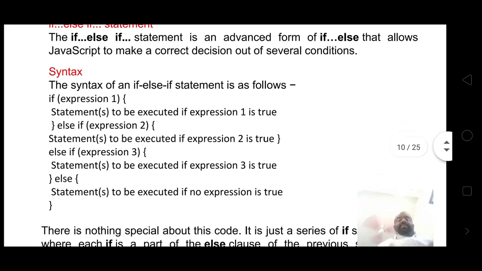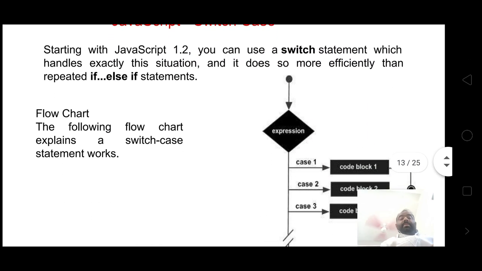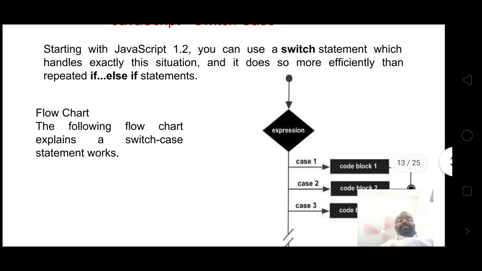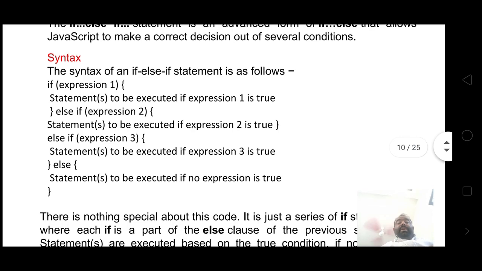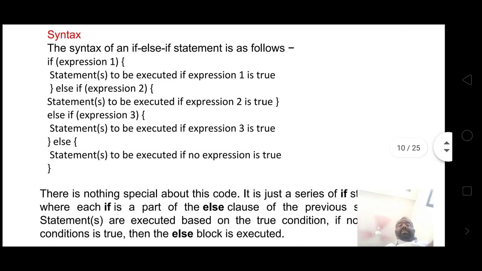The if else if and switch statements are almost the same, with a little bit of change. In the if else if statement, if expression 1 is true, the statement is executed. Else if expression 2 is true, the statement is executed.